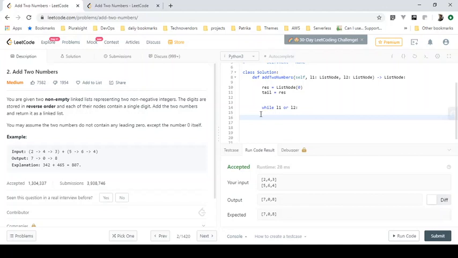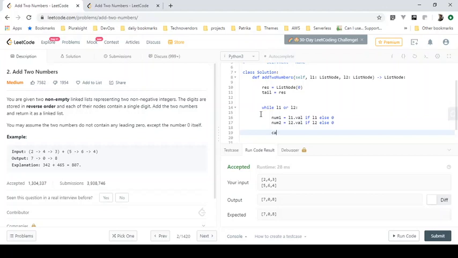If any of them is None, we take it as 0, because 0 plus any number is the same. 0 plus 1 is always 1. So num1 will be L1.val if L1 is not None, else 0. And we will do the same thing with the second linked list: L2.val if L2, else 0.